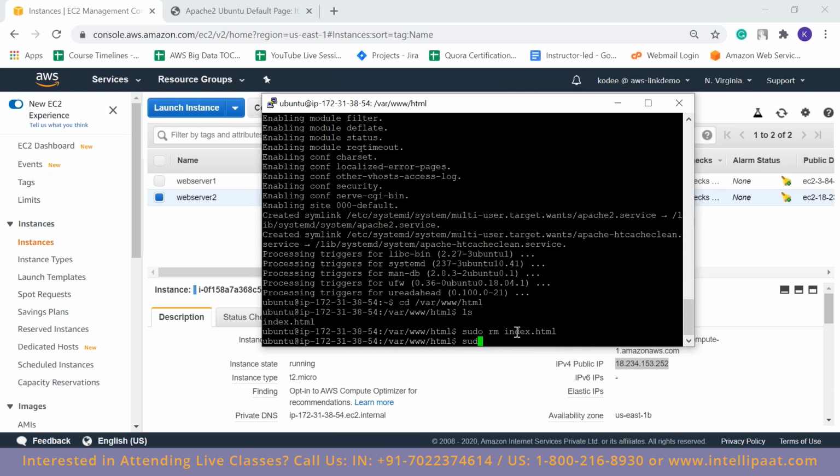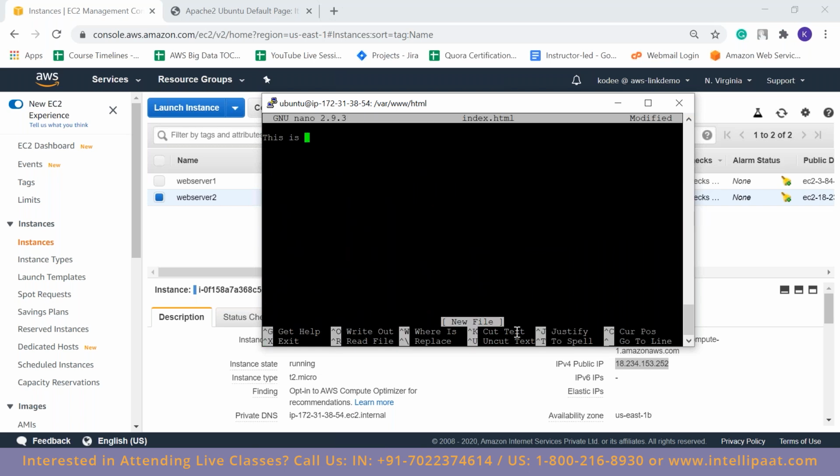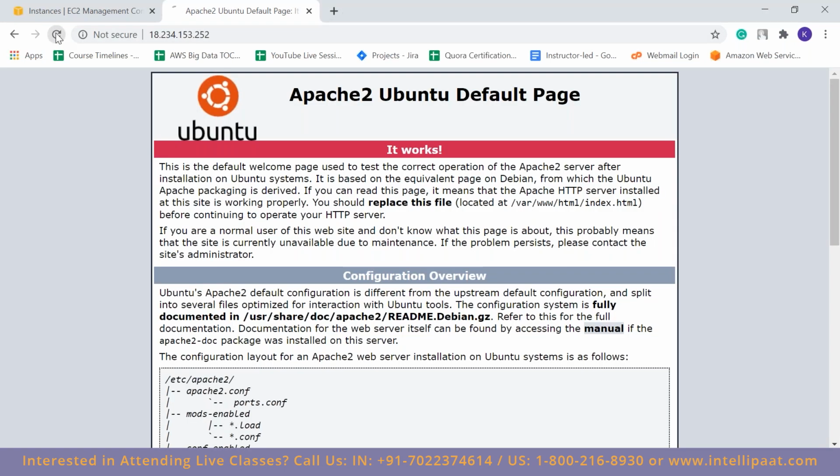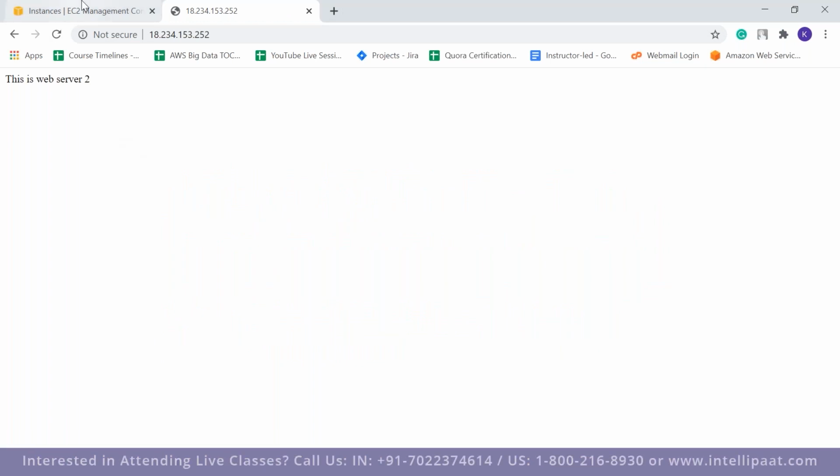I'm again going to create one, and I'm going to name this "this is web server 2", and done. So I've created it. Again, if I refresh, it should take me to web server 2.